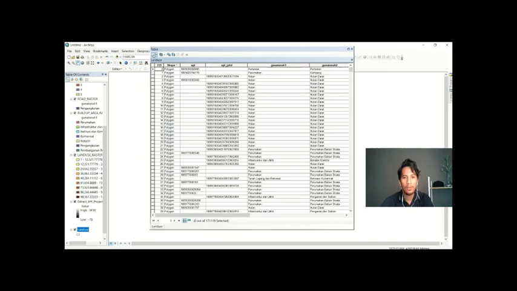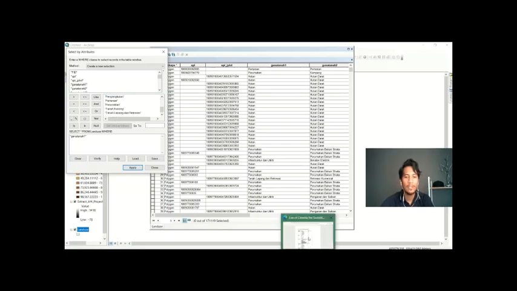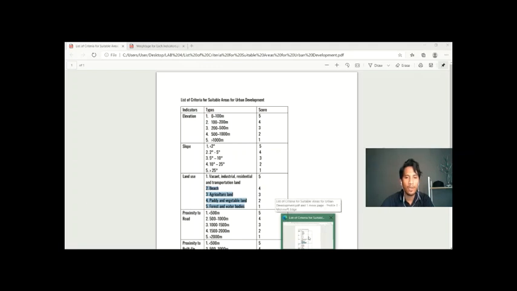Ensure the data and go to select by attribute. Guna tanah equal, and for which we don't have it,